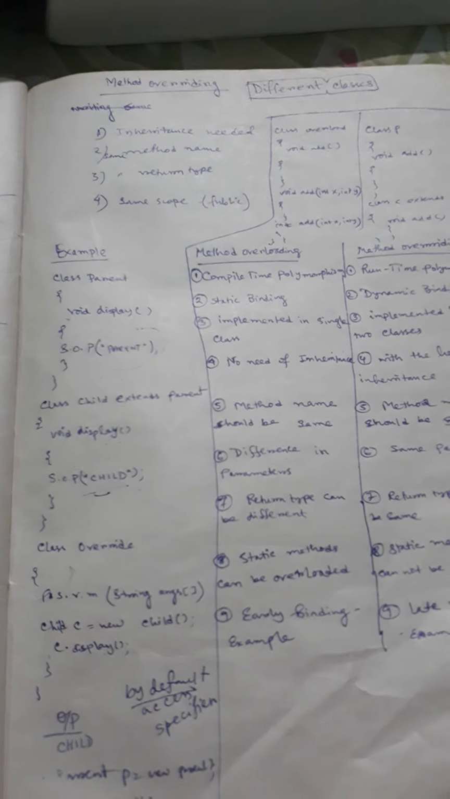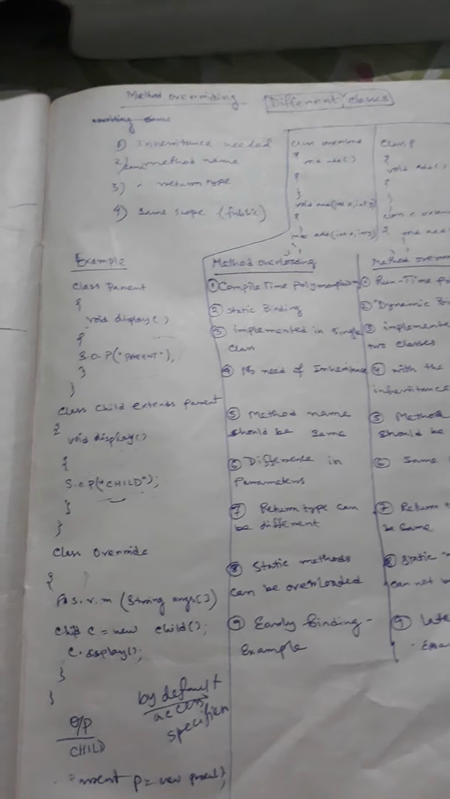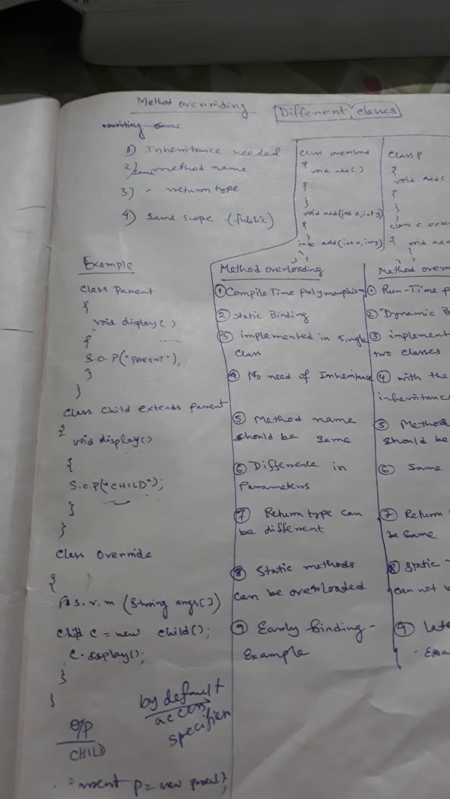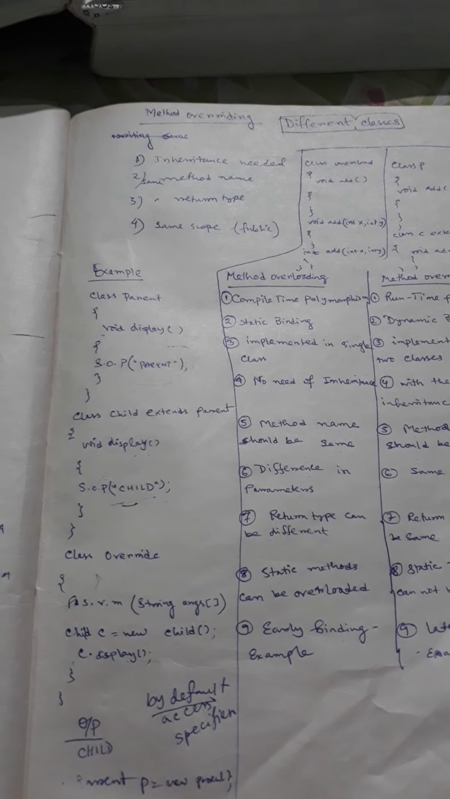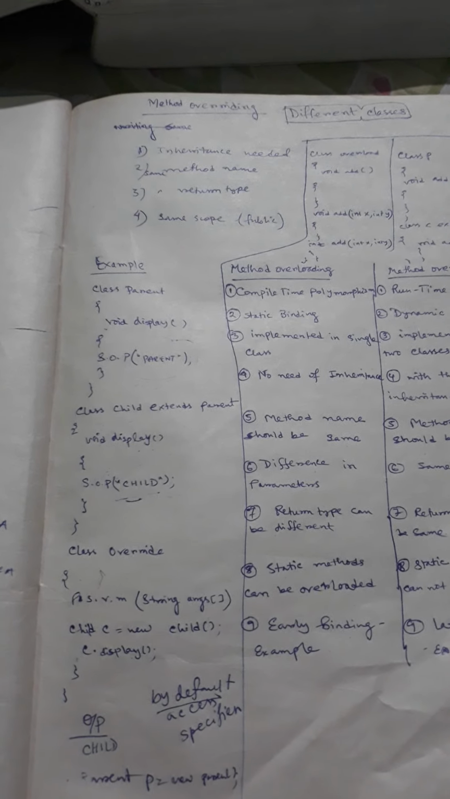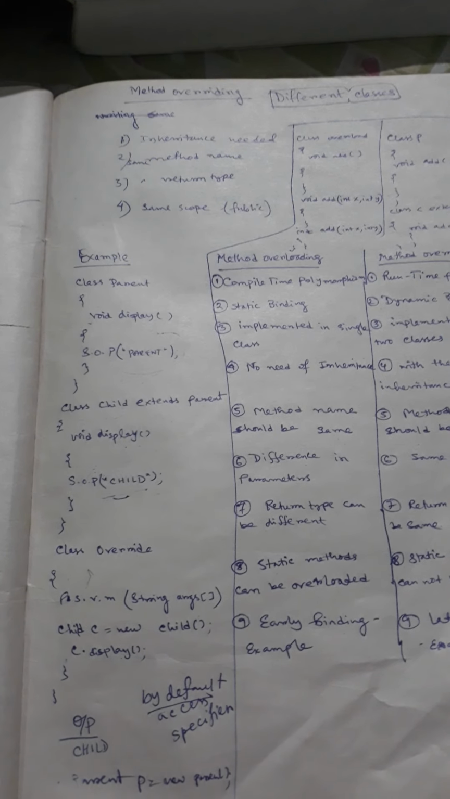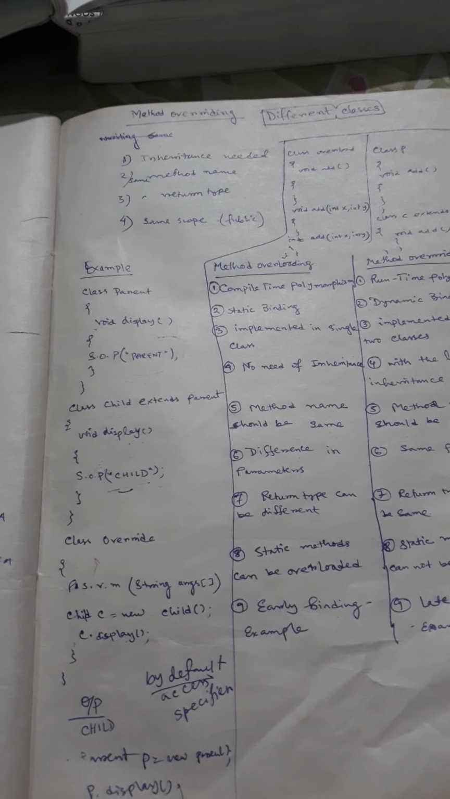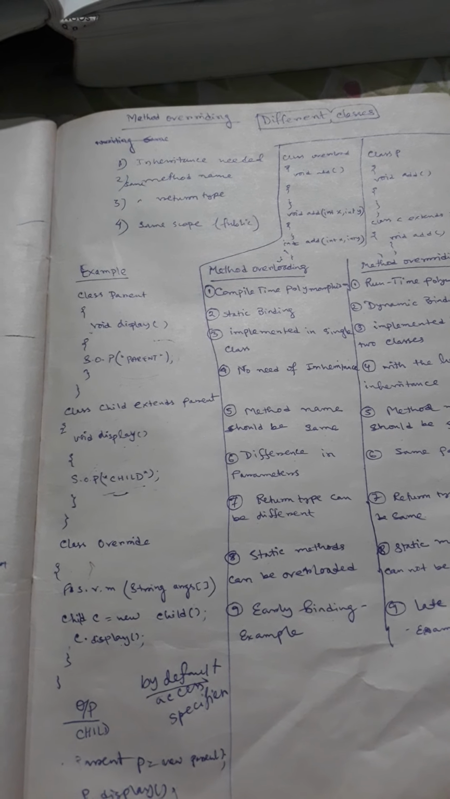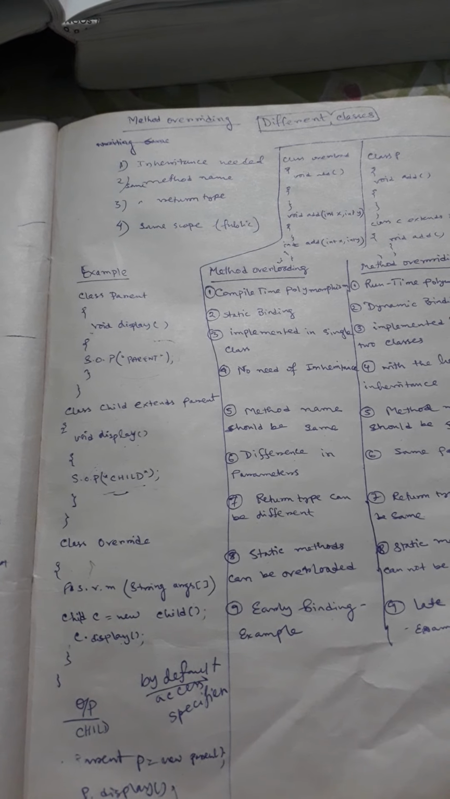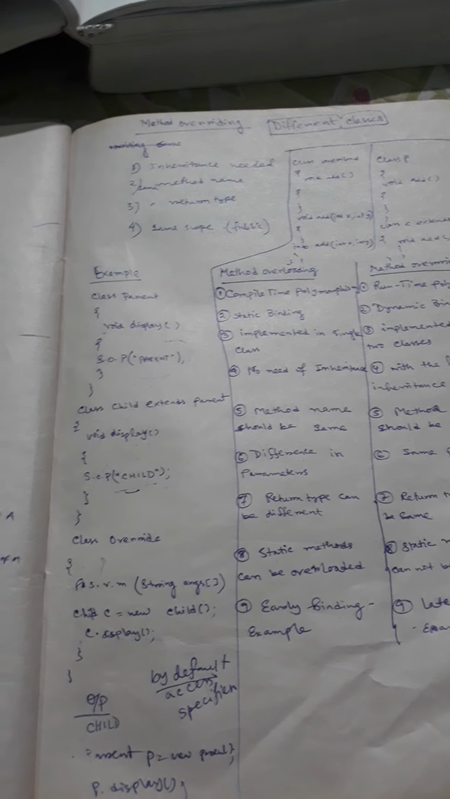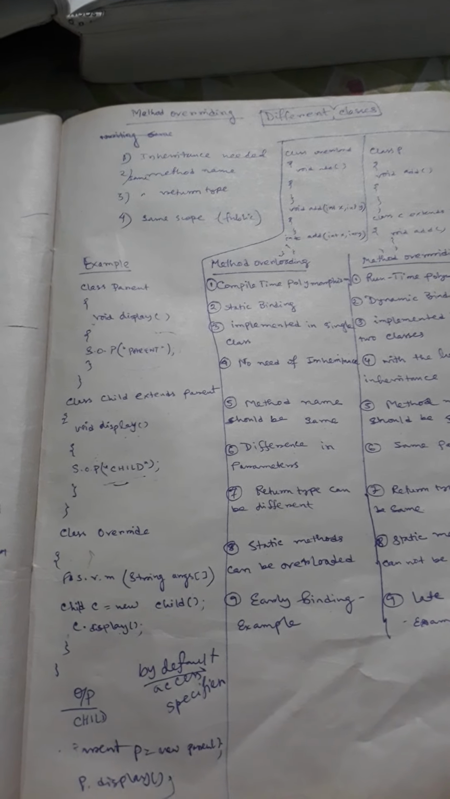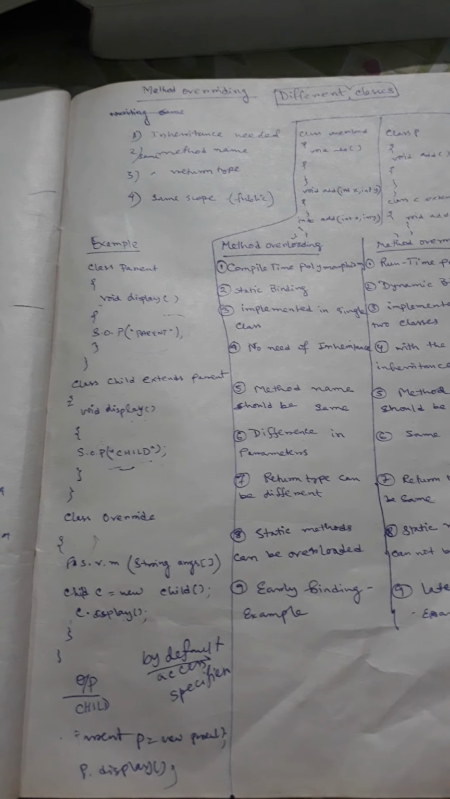Hi students, this is for BCA 4th semester students, and the topic is overriding. What is overriding? Overriding is basically the concept where the same method name and the same parameters should be there, and you can say it is another way that